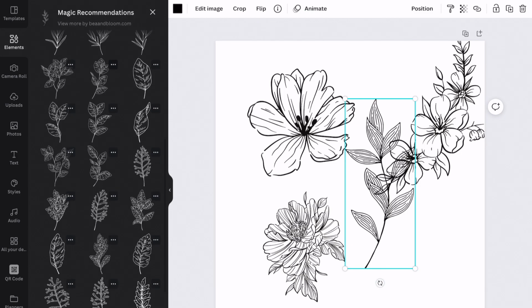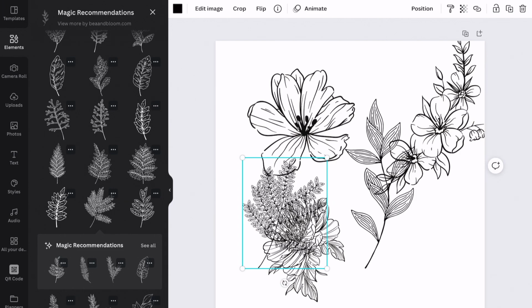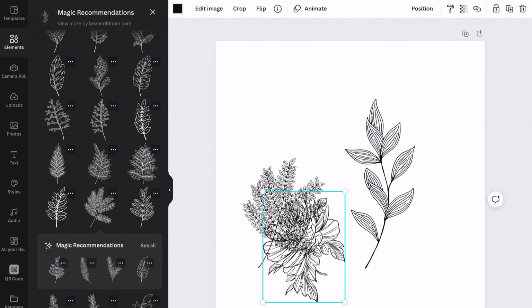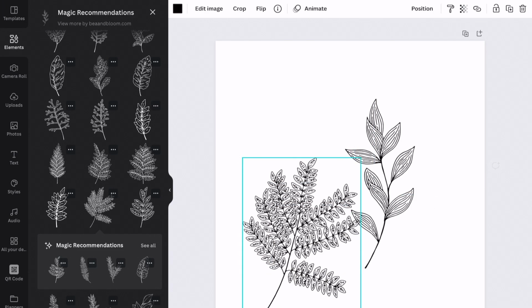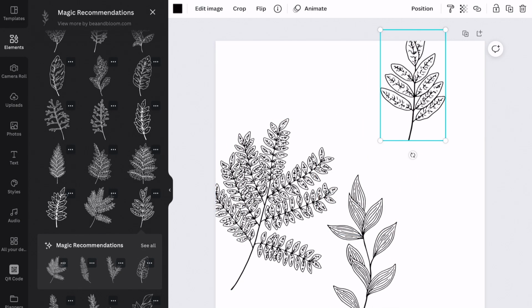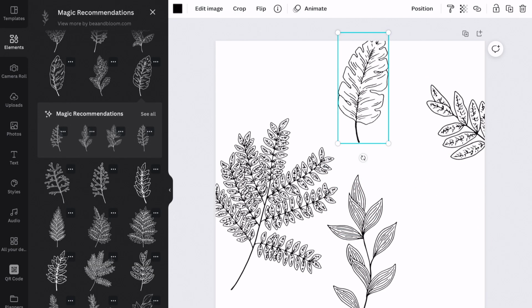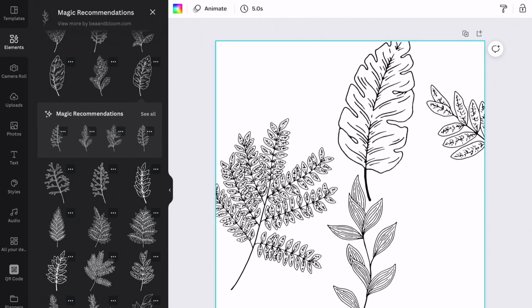And a pro tip here is where it says magic recommendations, if you select see all, you will see all of them by that specific artist. So if you're trying to get them all to look similar, like these two, they have the same line art because it's the same artist. That's really great when you're trying to do a certain design or logo and keep it all in sync using the same artist. But line art,